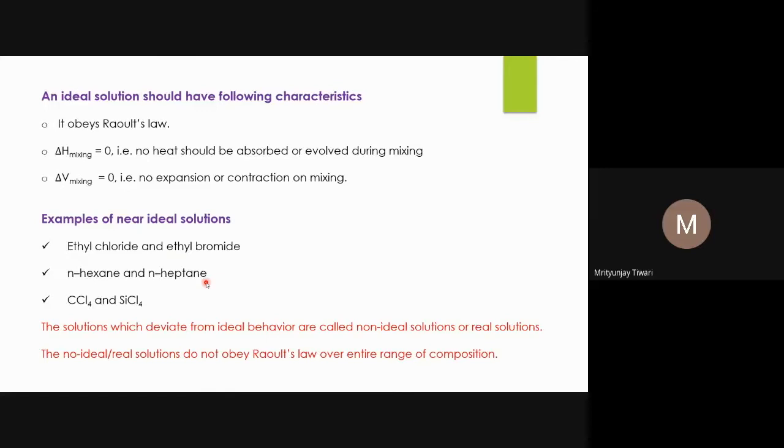If you have CH3, four CH2 groups, and then CH3, it will be a total of 6 carbons. This is a linear chain, and we call it n-hexane: CH3, CH2, CH2, CH2, CH2, CH3. Then if you add one extra CH2 group between the two termini of n-hexane, it will become n-heptane: CH3, CH2, CH2, CH2, CH2, CH2, CH3. That is, CH3, five CH2, then CH3. And this is again linear. This is called n-heptane. You can see their shape is also similar, and their size is also quite